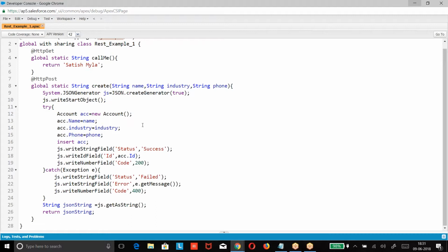At the rate of HttpGet. Within a class, how many get methods can there be? Only one get, because the URL is only one. To that URL, one get method, one function. One post method, one function. Right, boss? Are you clear about this? Okay.